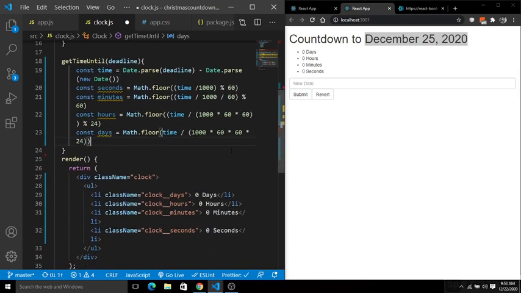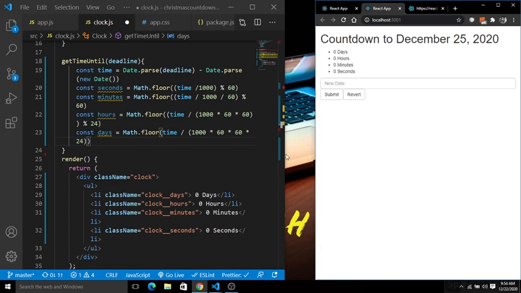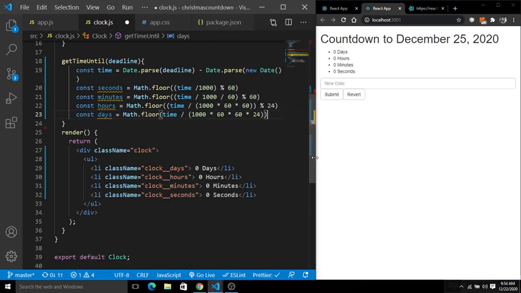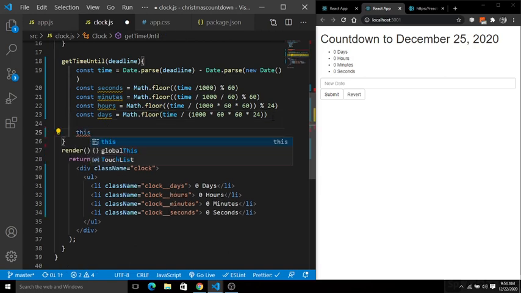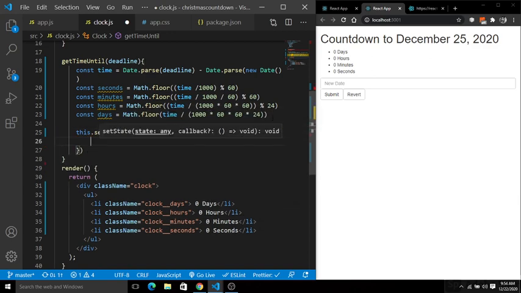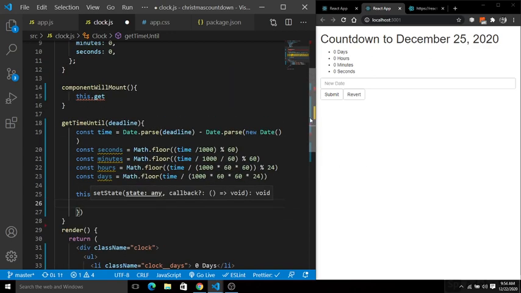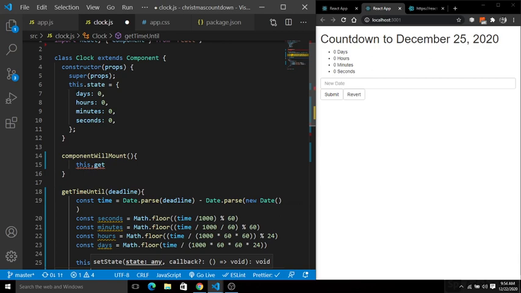Now next, let me make it clearer first of all. So you can see it in a single line. Now it's time to set the state. So how can we set this state? this.setState, call this function setState, and inside the setState we have to simply set the state for days, hours, minutes and seconds.